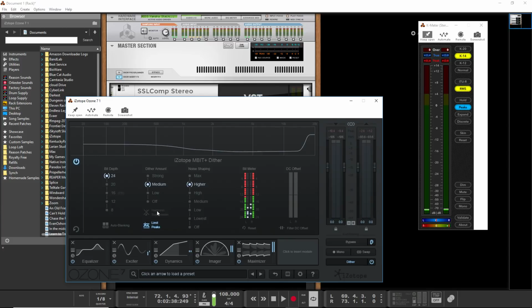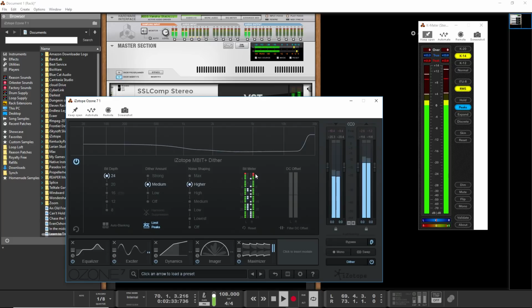There's a lot you can do, but I don't really understand it nearly enough to know, but you can simulate what it would sound like. I don't know what any of this does, so